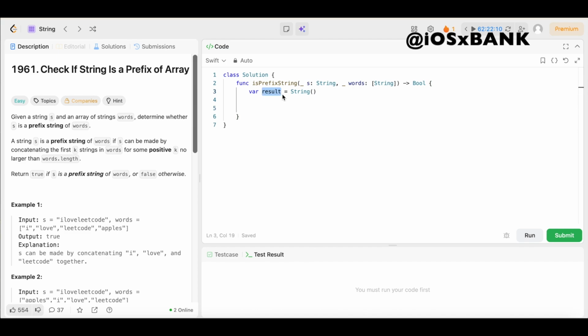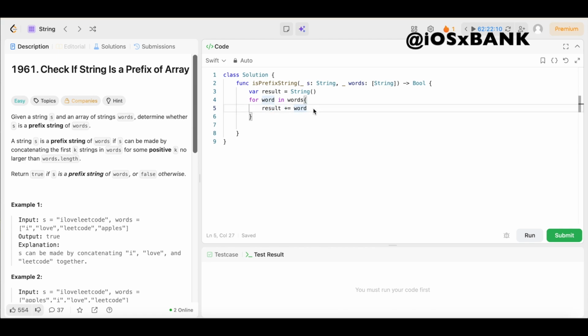Then we're going to use this result for our concatenation. So we're going to say for word in words, we're going to open up the brackets, and we're going to say result plus equals word. So we're going to add the word to this result to see if we can concatenate the strings properly.